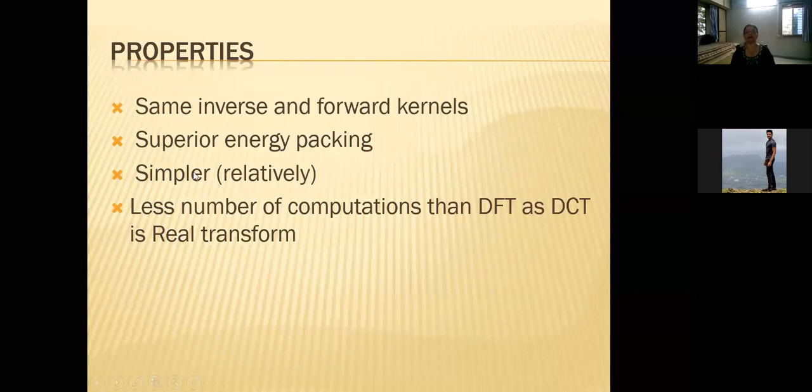It is simple for implementation, and the number of computations is very small as compared to DFT. So in order to conclude, in today's lecture we have studied DFT and DCT. In the next lecture, we are going to